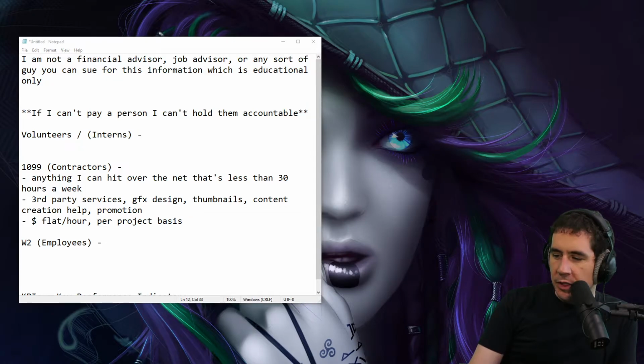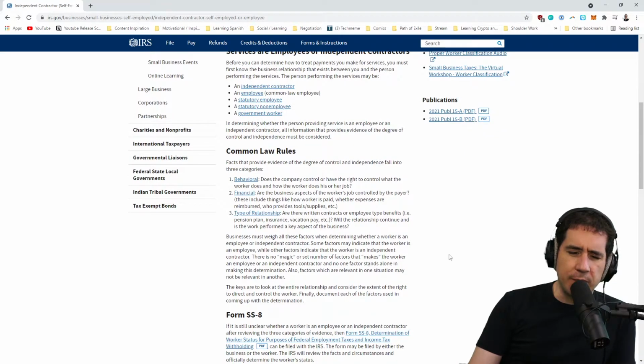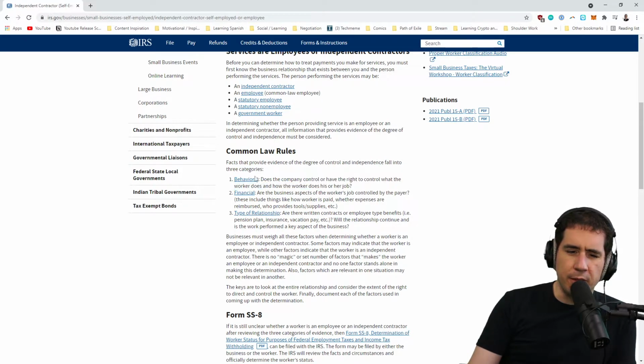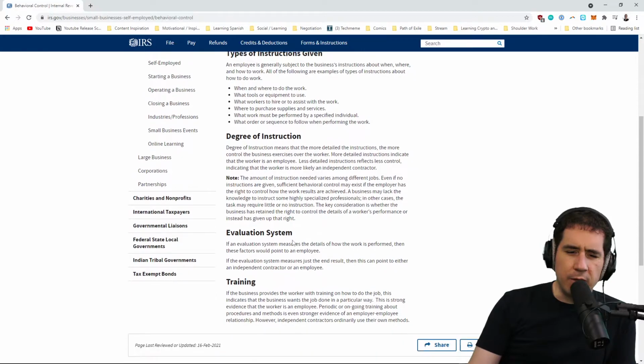So the difference between a W-2 employee and a not W-2 employee, which is a contractor, would be easily explained through the IRS. And actually, the IRS is a great resource for these kind of things because a lot of people are asking me, well, how do I know what is a contractor and what is an employee? There are some common law rules, which won't necessarily solve the problem 100%, but they're very straightforward. For example, there are 3 different overviews of control, and you can click on each one of these to figure out specifically what they are.